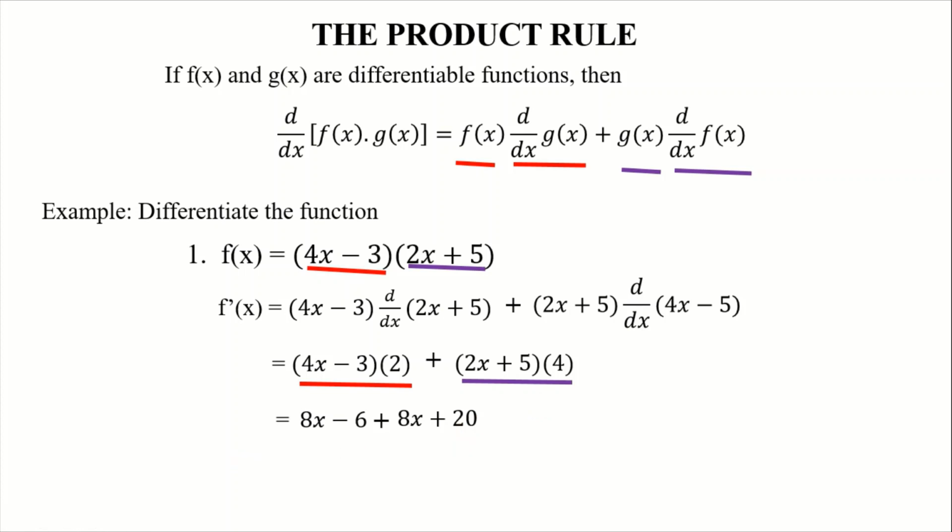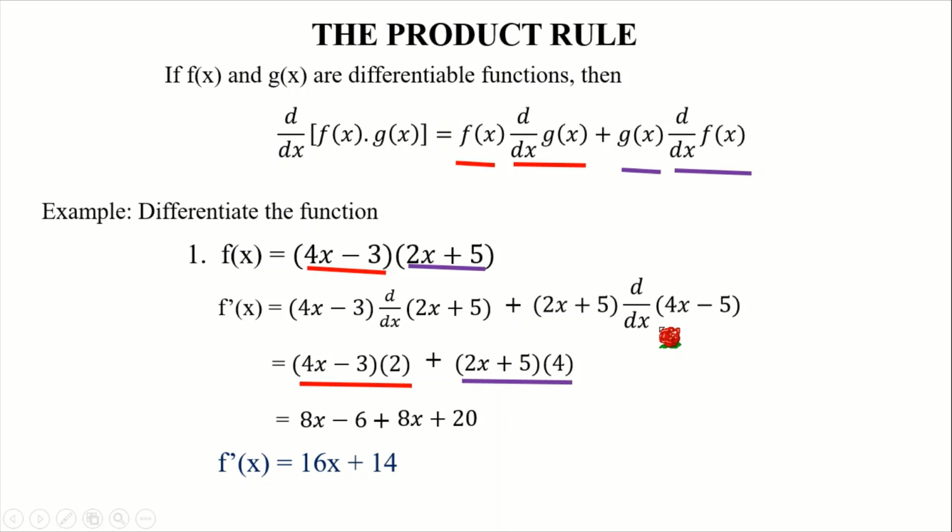Okay, so here, combine like terms na tayo. Kapag meron tayong nakita, kagaya nito, 8x and 8x, so same lang sila ng degree. So we can add 8x plus 8x, so that is equal to 16x. Then negative 6 plus 20, that is 14. Right? So therefore, yung derivative ng functions na ito ay 16x plus 14. So again, si first function, i-times natin sa derivative ng second function plus second function times sa derivative of the